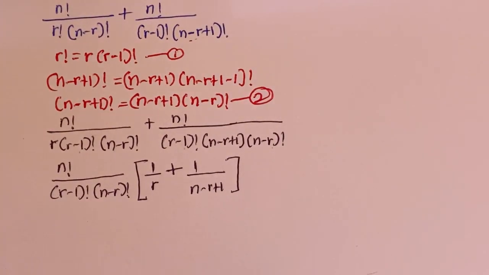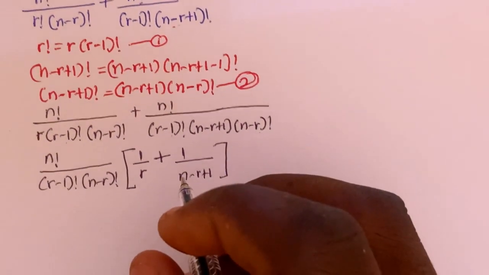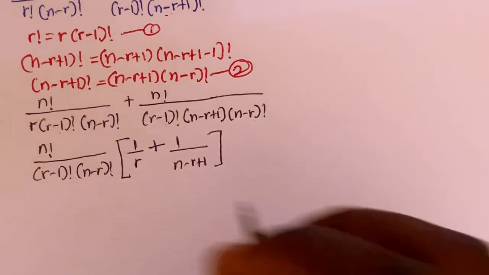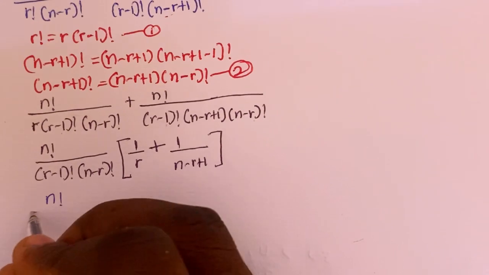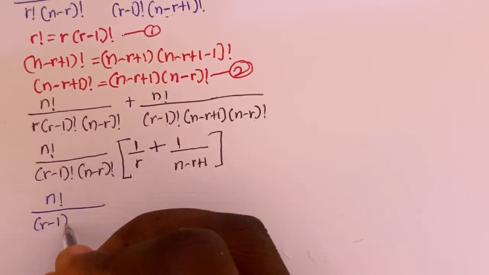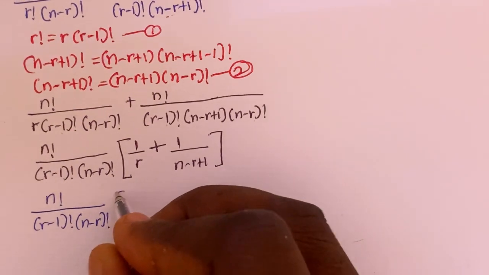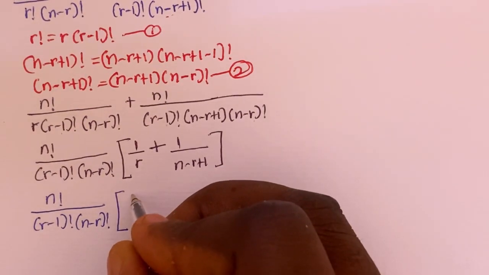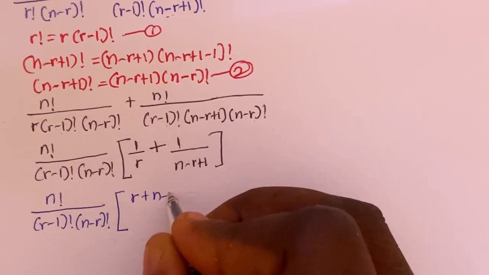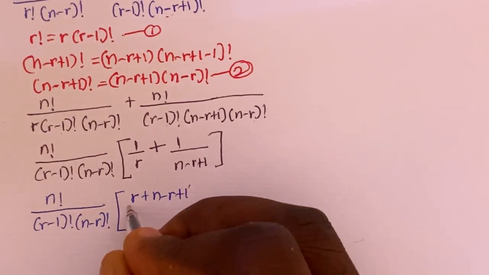Let me just simplify the LCM. Finding the LCM, I'm going to have n factorial divided by r minus 1 factorial into bracket n minus r factorial, then open a bracket here. I'm going to have r plus n minus r plus 1, divided by